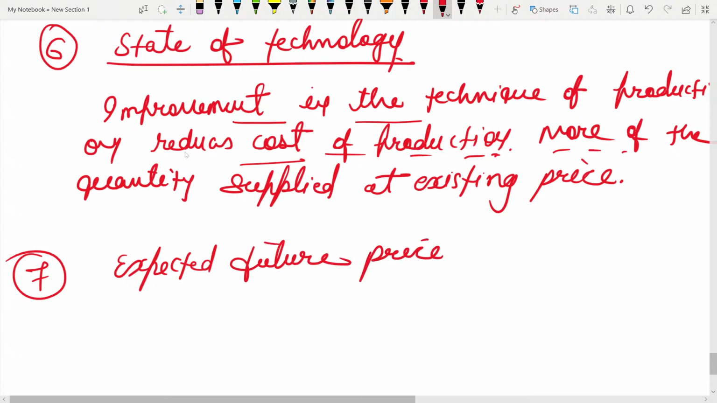Expected future price. Now, in what sense can we say that expected future price will also help to determine supply? This is also true that expected future price will definitely help to determine supply. So if producers expect the price of the commodity to rise, so let's suppose that you are a producer and you think that the price of the commodity might increase tomorrow or the day after tomorrow, at the expected price, we can say that current supply will